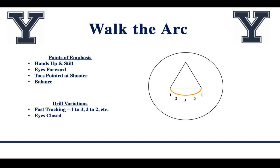To make this drill more game-like and to practice some situations that could happen in regular play, our goalies will practice fast tracking. Fast tracking is moving from 1 spot onto the arc in a rapid movement, skipping a number. For instance, a ball carrier could be near the post, meaning our goalie would be on his 1 spot, and throw the ball to a shooter in the top center of the box, forcing our goalie to get to the